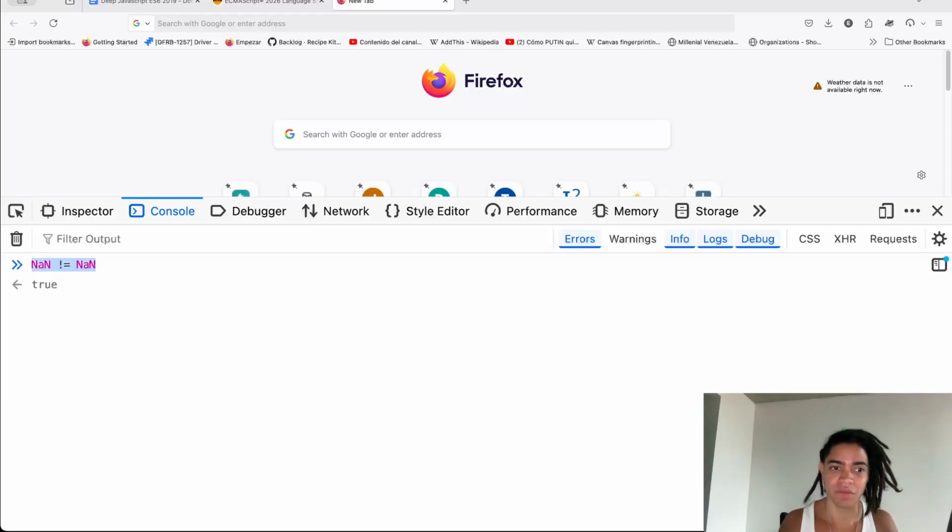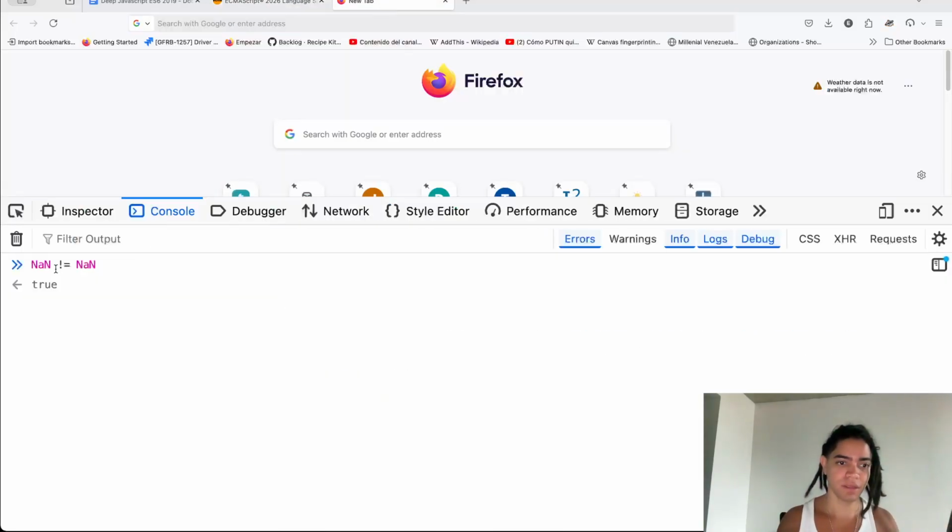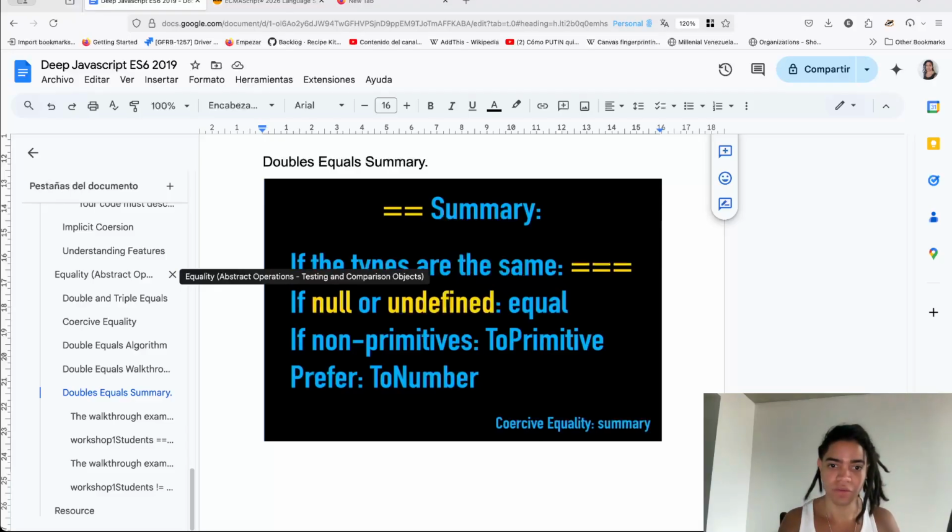If you want to make a not-a-number comparison, it's because they are not the same to itself according to the language. But positive 0 and negative 0, they are the same. And this double equals here, what it's doing is to say, hey,